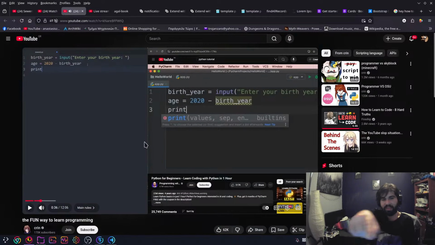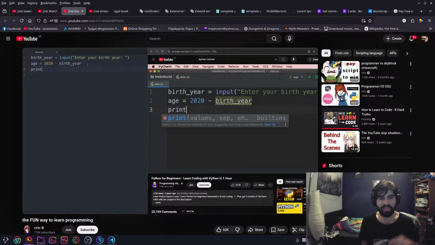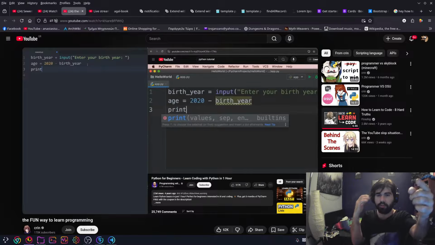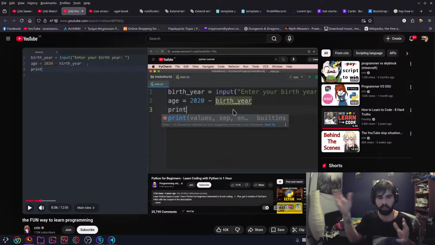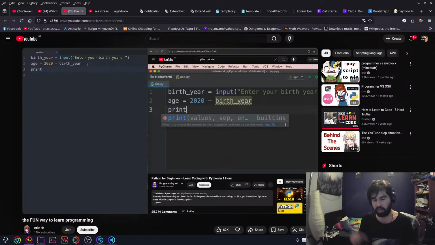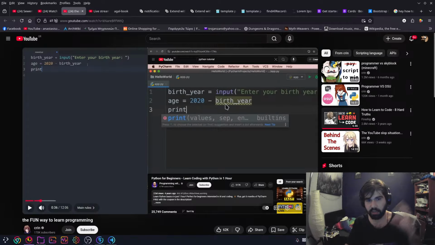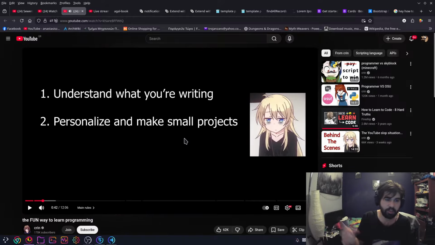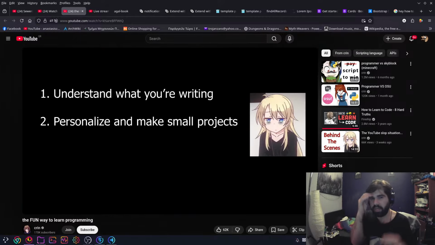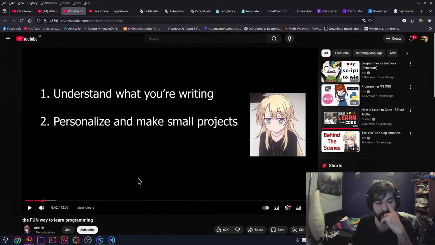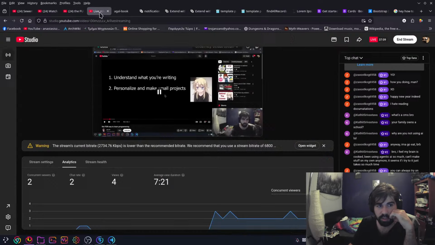They would tell you to write this and that, but then you realize, oh, I just clicked the button and it ran. It's not just that I copied and pasted; it ran it. So after that, when you get comfortable, what if I put input, enter your birth year, and age equals 2020 minus birth? What happens if I put something else and then you see exactly how it works? That's how you learn. Just as they say, understand what you're doing and personalize and make small projects. Make tiny little things. Even the smallest things will do just good.